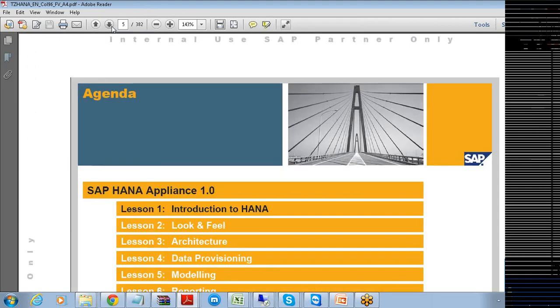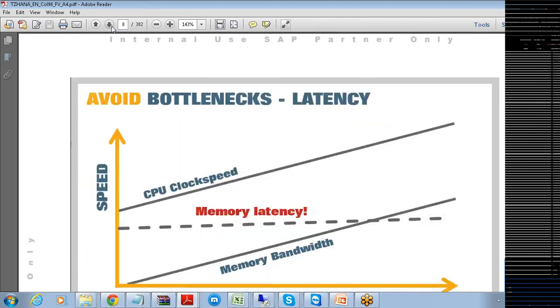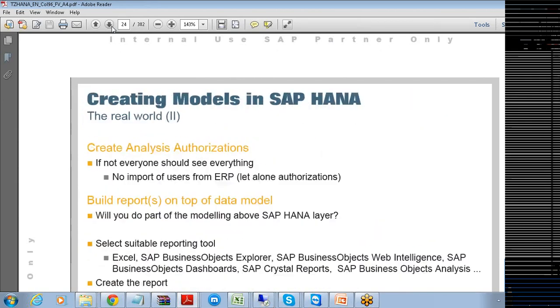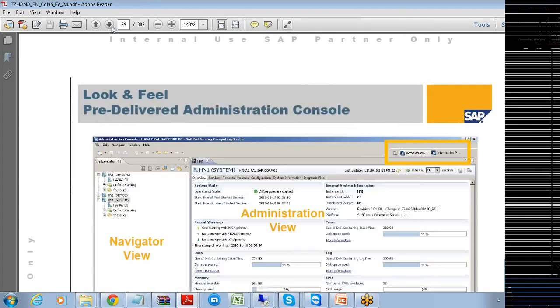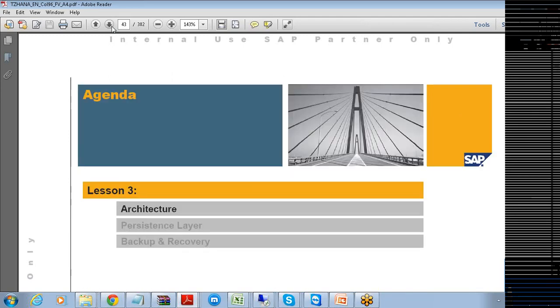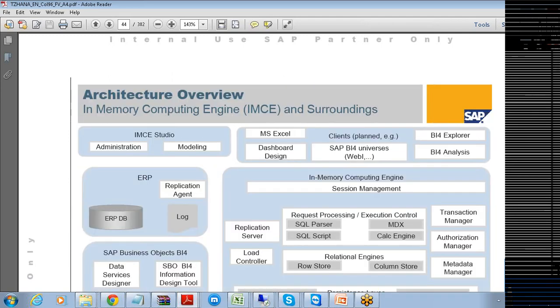HANA has the capability of executing those queries. You are seeing the MDX engine here. In HANA, this is your IMC, the in-memory computing engine, where the MDX engine is separately present, responsible for executing your MDX queries.